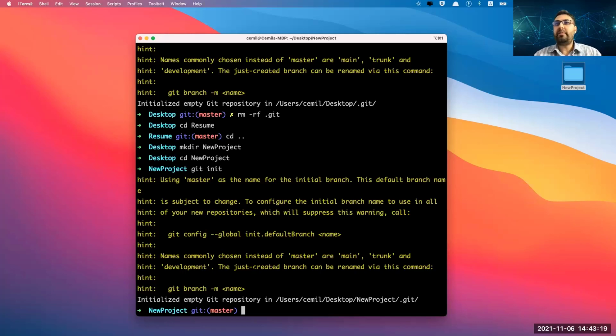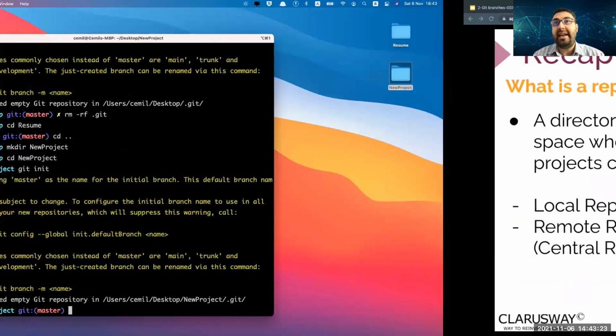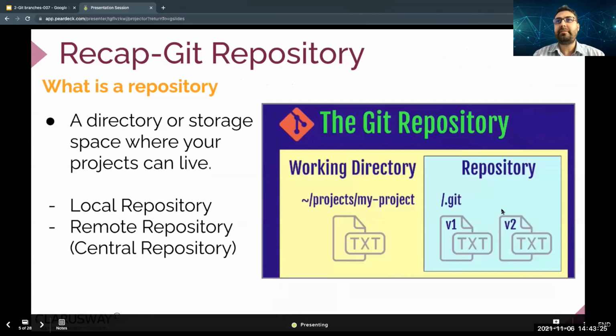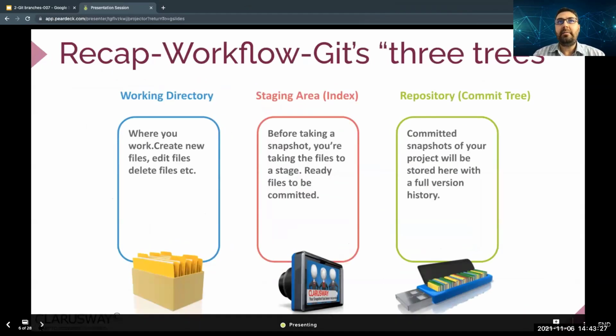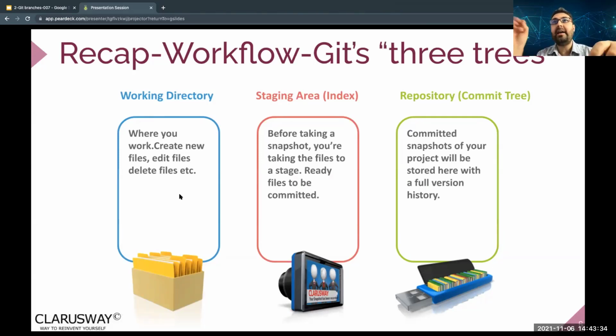Okay, so we created our init branch and we made it a repo now. What's next? These 3 important things: working directory, staging area, and repository, just committing to the repo. Well, I know this is not clear, and here is my example.